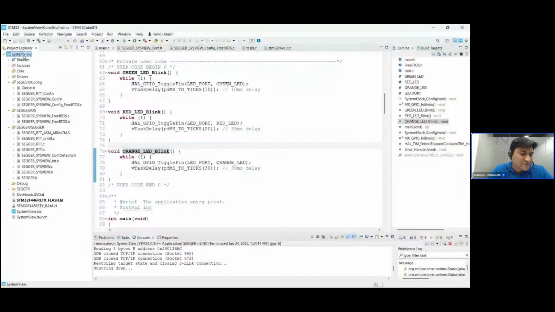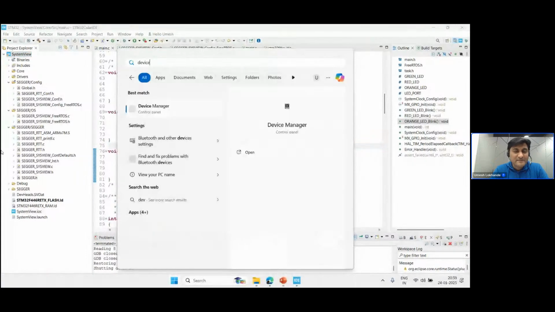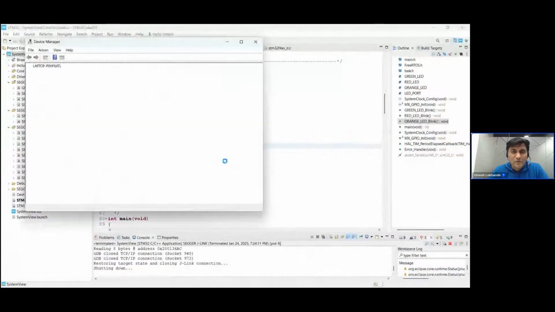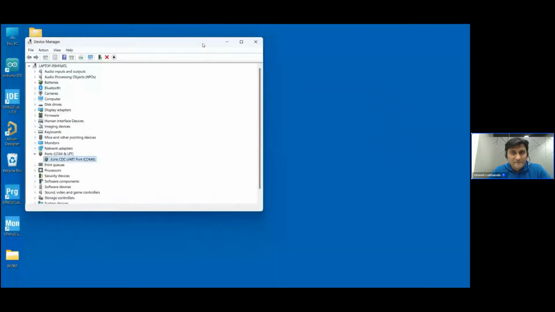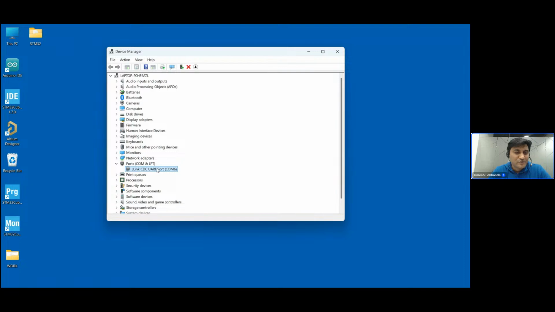Let me connect first the STM32 Nucleo board. And if you remember, just open the Device Manager. Once you connect, go to Device Manager, go to Ports, and make sure you have flashed the J-Link firmware on your STM32 Nucleo board. And if you don't know how to flash the J-Link firmware, meaning how to convert ST-Link into J-Link, you can refer to the previous Engineering Hour episode about RTT,